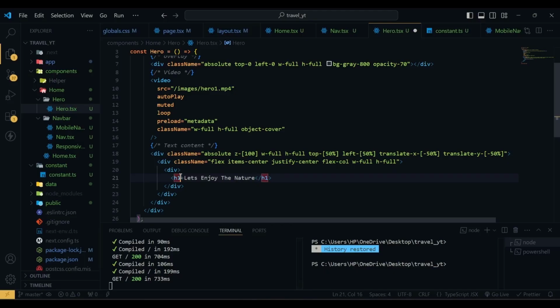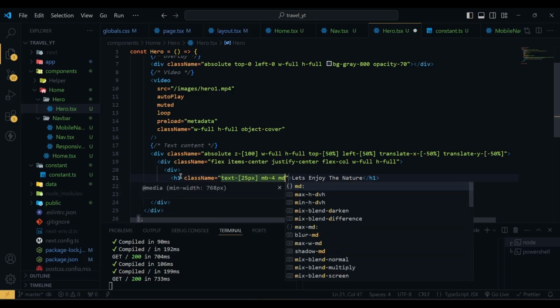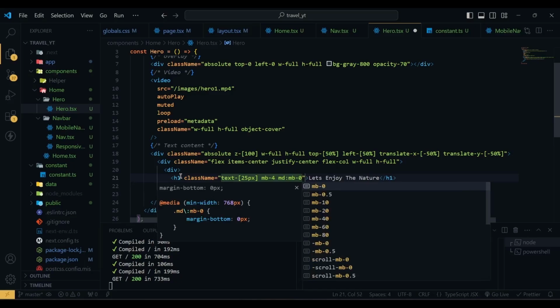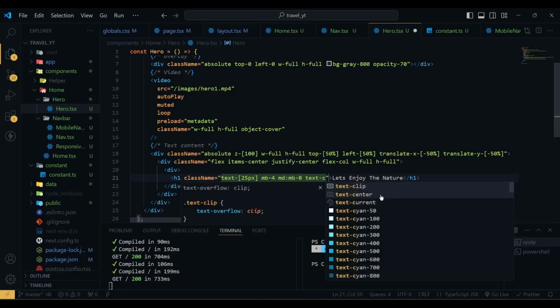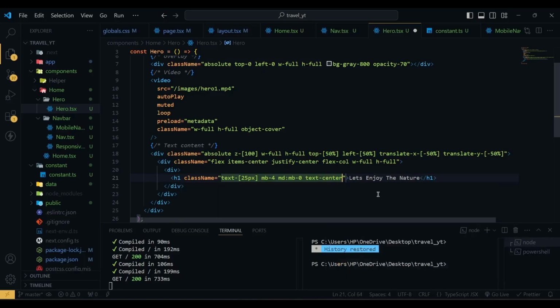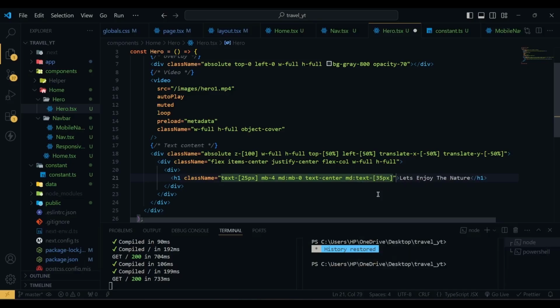And then this h1 will have a class name of text 25 pixel, margin bottom will be 4, in medium screen margin bottom will be 0, text will be center, then in medium screen text will be 35 pixel, in large screen text will be 45 pixel,